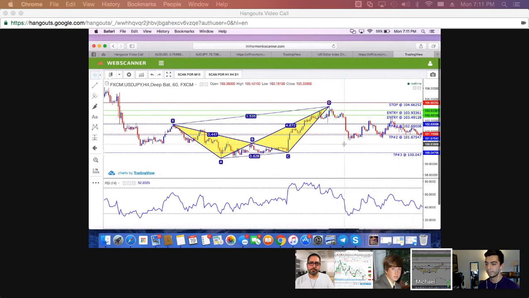Yeah, see, the way I use this, like the scanner, I'll wait for it to break. I won't even get in at entries anymore. I'll use my own, the way I just kind of taught a little bit. I see it broke right here, came back up and tested the entry, and now I'm selling it.